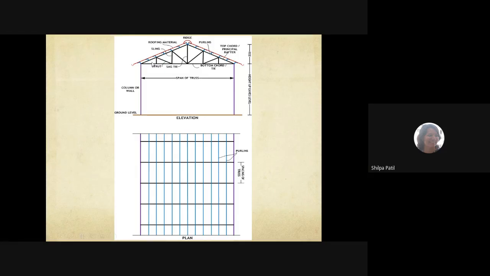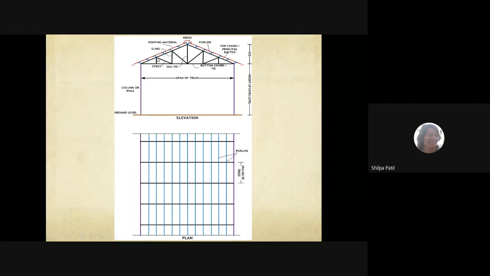And that's why, in this diagram, whatever is shown, the purlin is resting on the member. This is avoided practically. Otherwise, this member becomes a flexural member. The principal rafter you have to design like a flexural member and not a tension or compression member. Okay, so how you are placing various components in the structure in case of an industrial shed, that also matters for how you need to design any specific component.